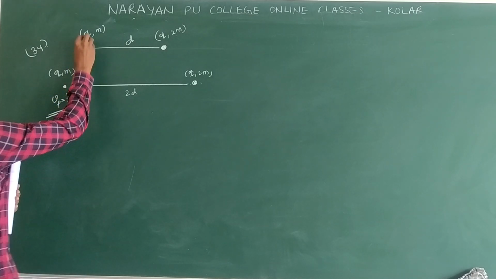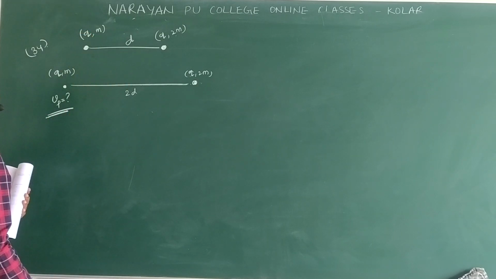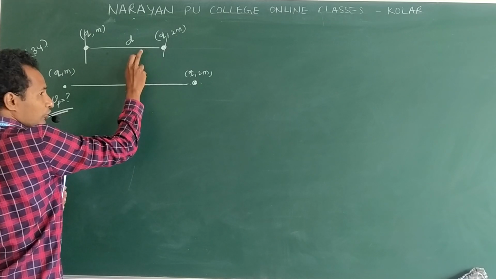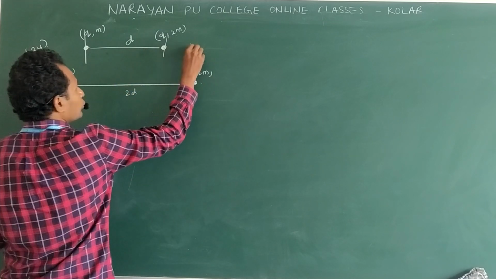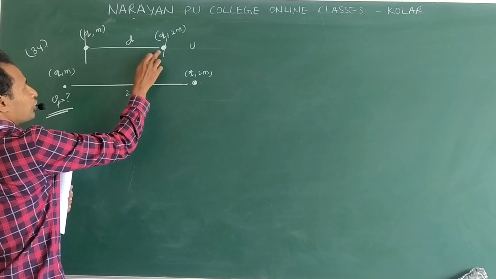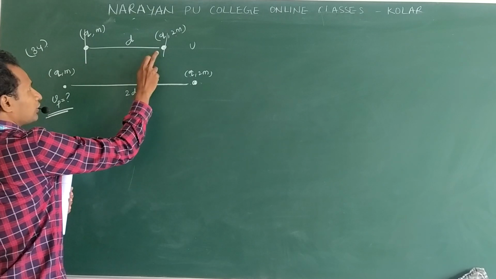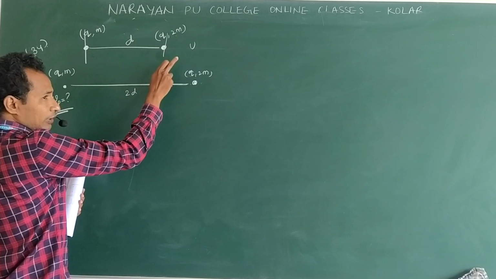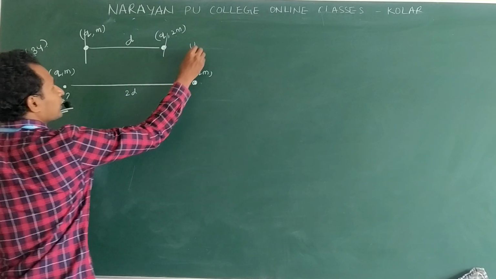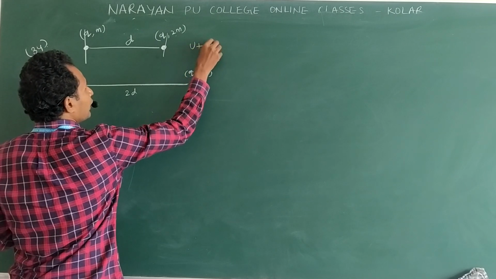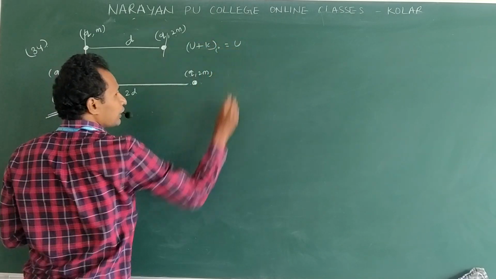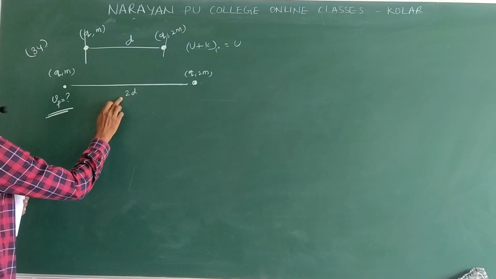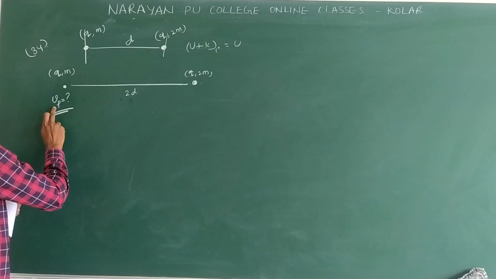What do you do? Follow the conservation of energy. Here, these two have only electrostatic potential energy. So U, and kinetic energy is 0 because they are fixed. They were at rest, so no kinetic energy. So they possess only electrostatic potential energy. This is U plus K initial. We have only U. And here they are moving away from each other. At separation 2d, they are asking the velocity.